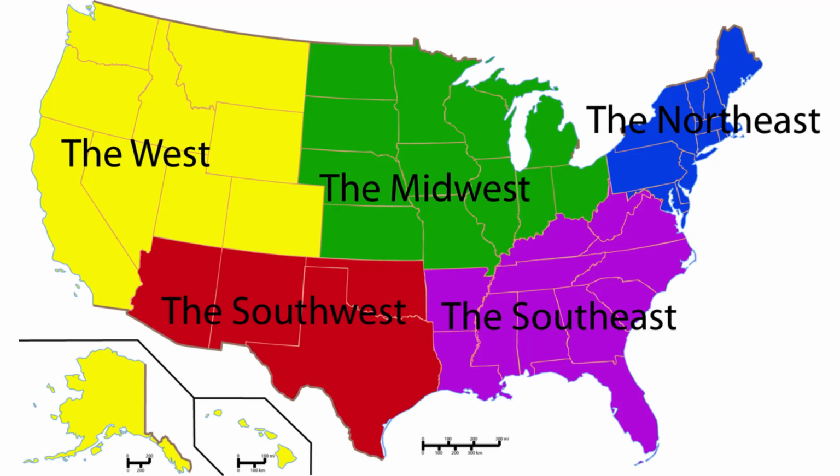Following its independence, the U.S. grew rapidly. The Louisiana Purchase in 1803 nearly doubled the nation's size. The early to mid-1800s also saw growth on the West Coast, as the California Gold Rush of 1848 to 1849 spurred western migration, and the Oregon Treaty of 1846 gave the U.S. control of the Pacific Northwest.